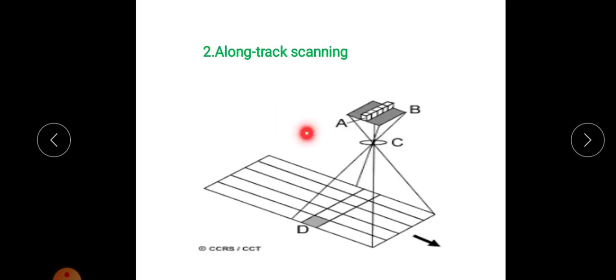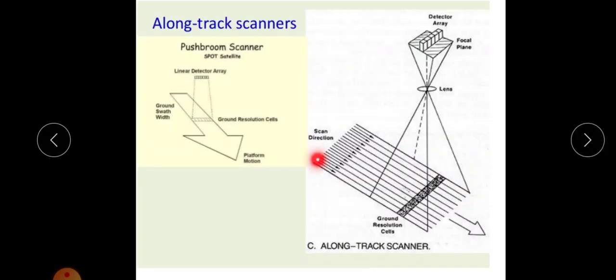That is, here the scanner or the sensor is moving in this direction, and it will take the data or the features which are along the track direction. In the next figure it will be clear. So this is the scan direction. This is the direction of motion of the scanners or sensors, and while the sensor is moving in this direction, it will take the features along this line, next along this line, like that. The sensor will move in this direction and take the data which is along the track direction. So this is the scan direction.